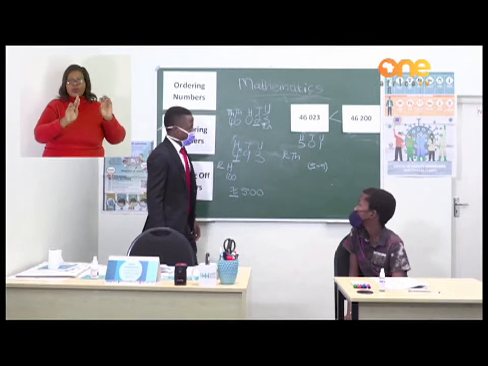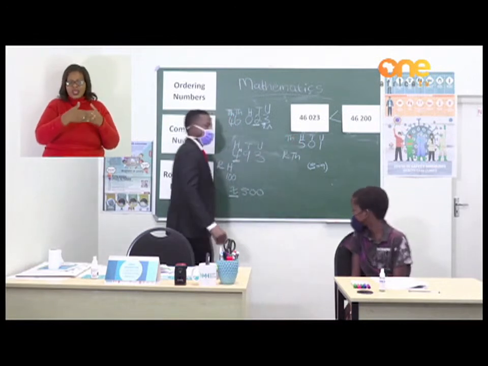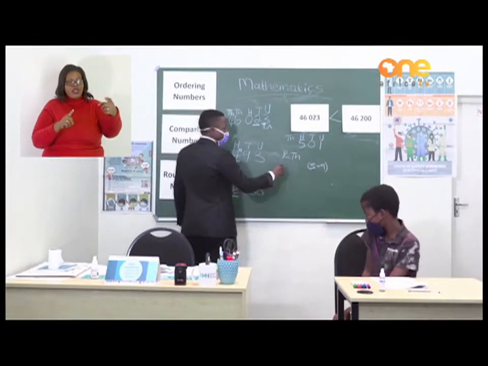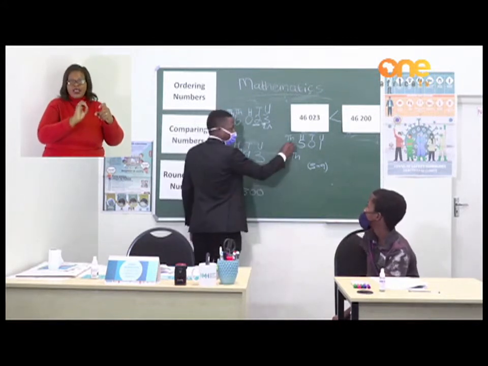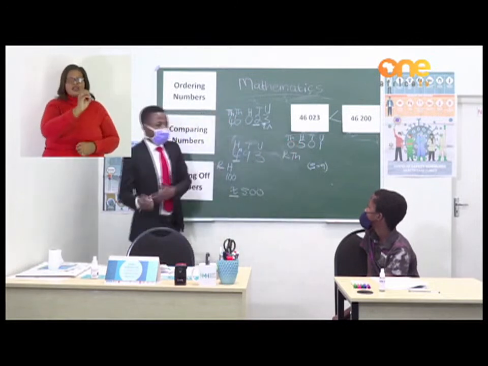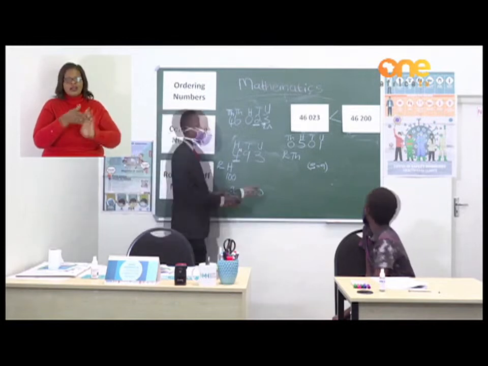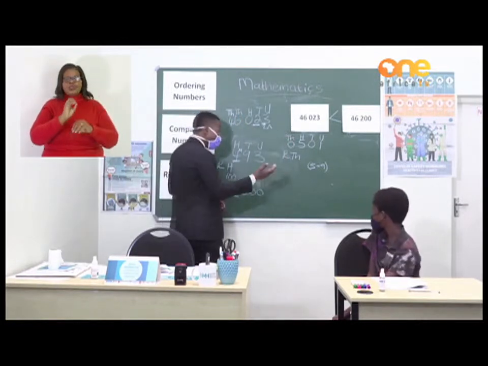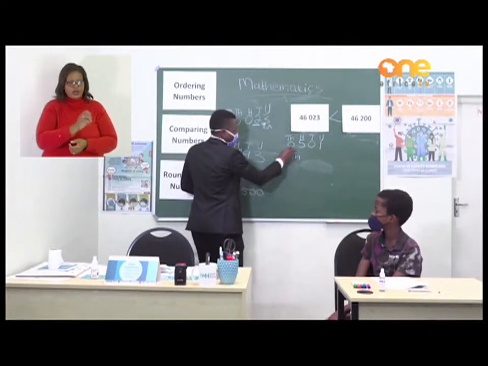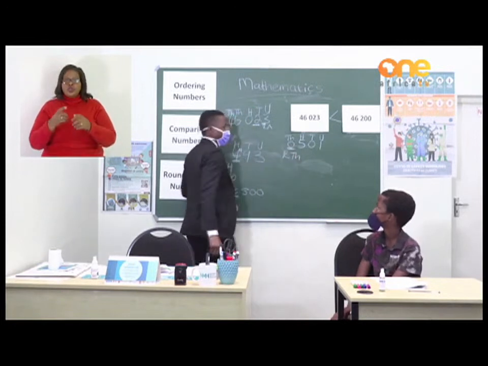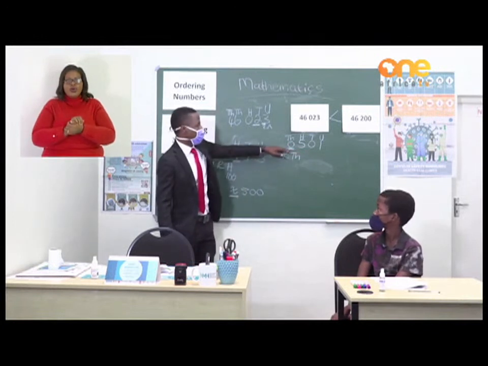But we are asked to round off to the nearest 1,000. There is no number. When there is no number, we know that there is also a 0 there. Say 0 is nothing, 0 is a placeholder, so there is 0 there. Let's imagine there is 0. All you have to do is, we are rounding this 0. I put it there, of course it wasn't there,